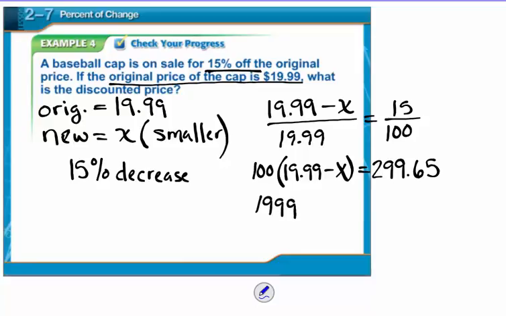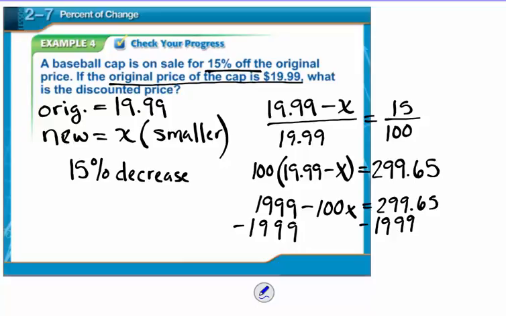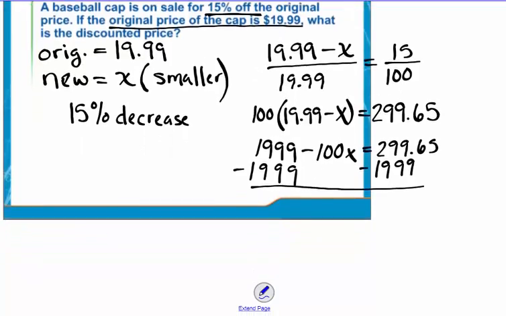I have 1,999 minus 100X equals 299.65. Subtract 1,999 from both sides, and I end up with negative 1,699